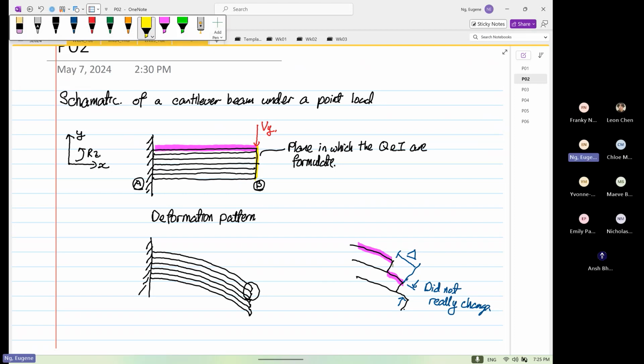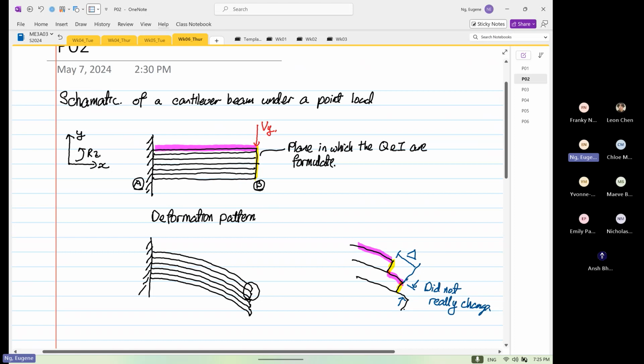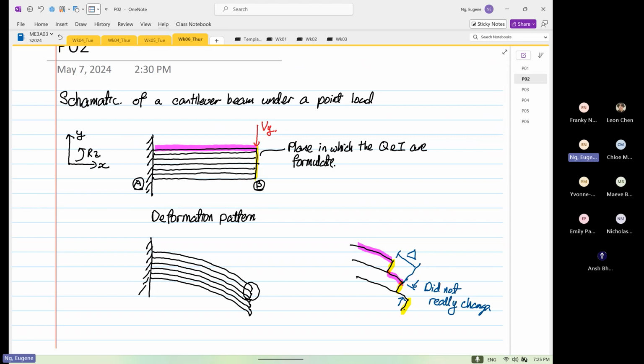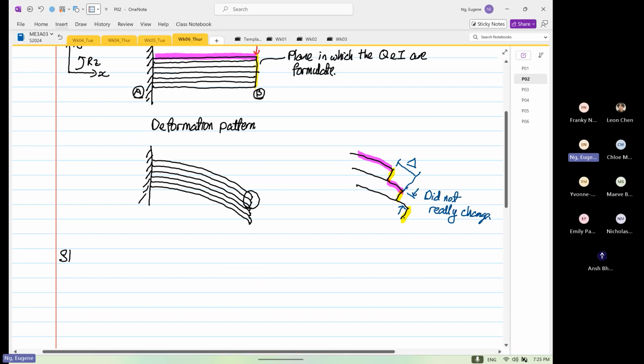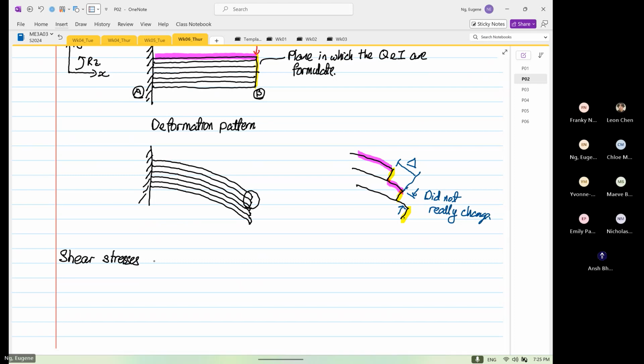then why are we analyzing on the yellow surface? Why are we analyzing on a yellow surface? This is because, and you guys don't know yet, okay? If we were to look into shearing stress acting on the element, okay? So if I were to draw an element now,